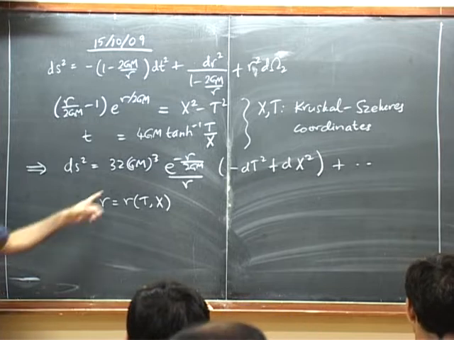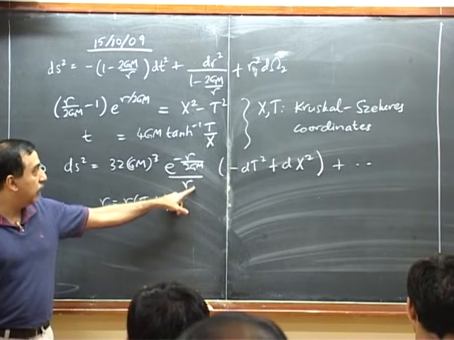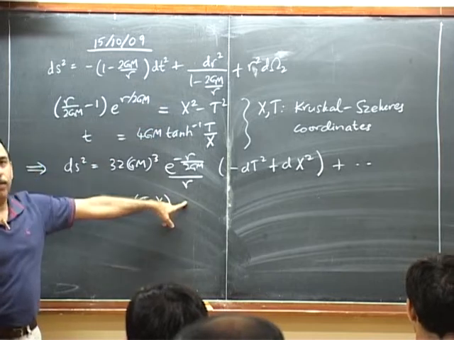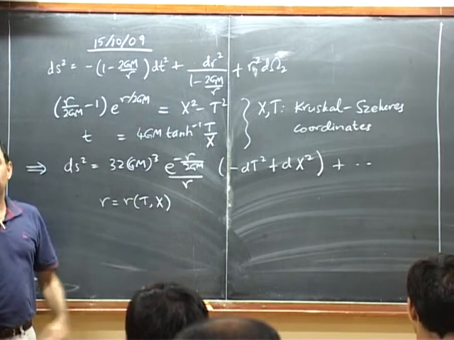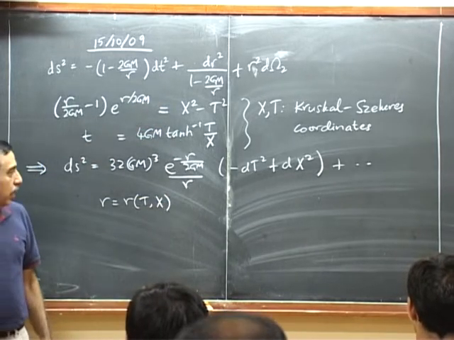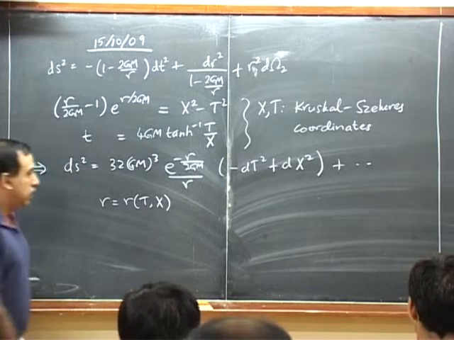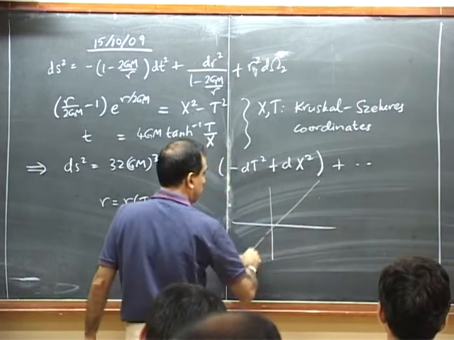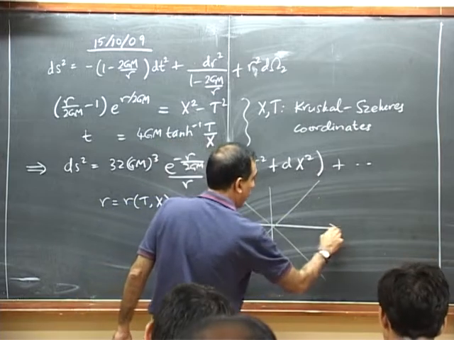Secondly, we notice that in these coordinates something bizarre is happening at r equals 0, so there could be a problem at r equals 0, though we haven't proved that there has to be such a problem. And the third thing we notice is that if we draw x and t and ask the question,